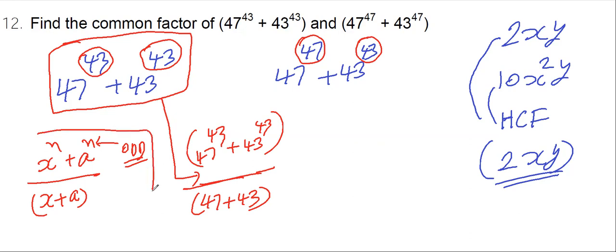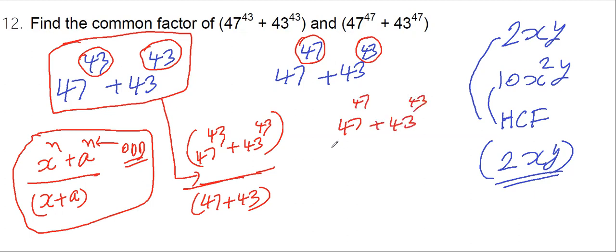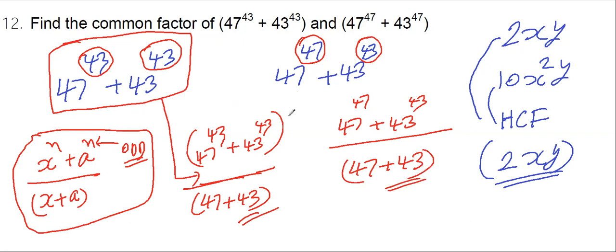Why? Because of this rule. Okay, same thing you can see over here. 47 to the power of 47 plus 43 to the power of 43 is divisible by 43 plus 47. Both are divisible. So what can I say? I can say that both numbers have a common factor, which is 90. So 90 is the correct answer for this particular question. Tell me, what is your doubt? Fine. So this is not 43, this should be 47. Okay, this should be 47. So as per this law, both should be odd. It is odd. So the answer is correct. So 90 is the correct answer for this.